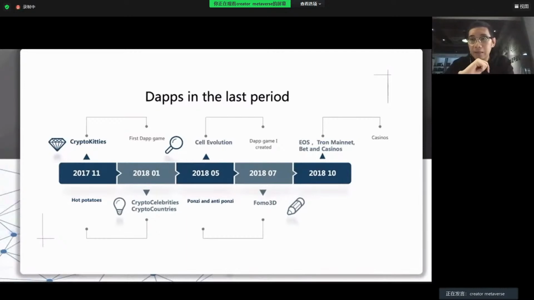And yeah, for FOMO Sandy, at that time, we thought it would be like a black hole smart contract, because a lot of Ethereum was locked into the FOMO Sandy smart contract. In the end, it was also attacked by hackers, who congested the whole Ethereum network and stole the money. Then in 2018 October, EOS and Tron mainnet launched, and we saw a lot of bets such as EOS bets or Tron bets and casinos launched on the mainnet, and we saw a lot of dApp games at that time. They were more like bets and casinos in that period.